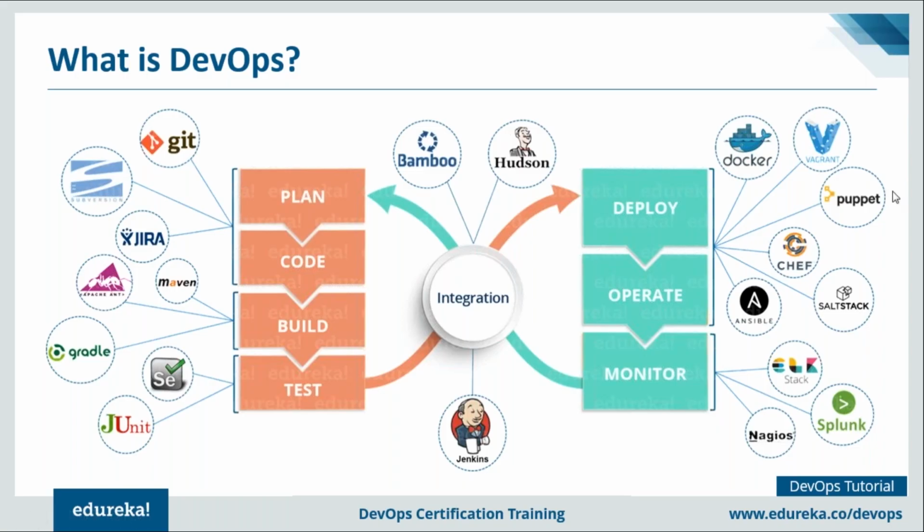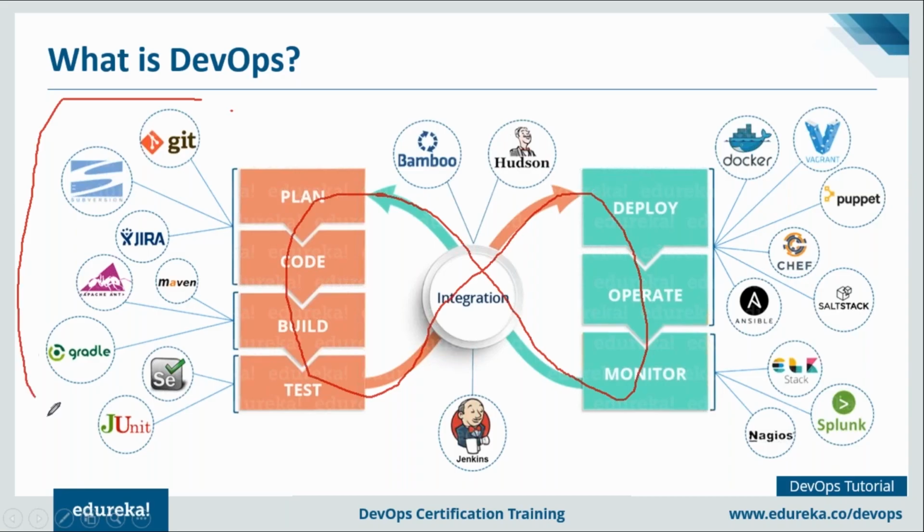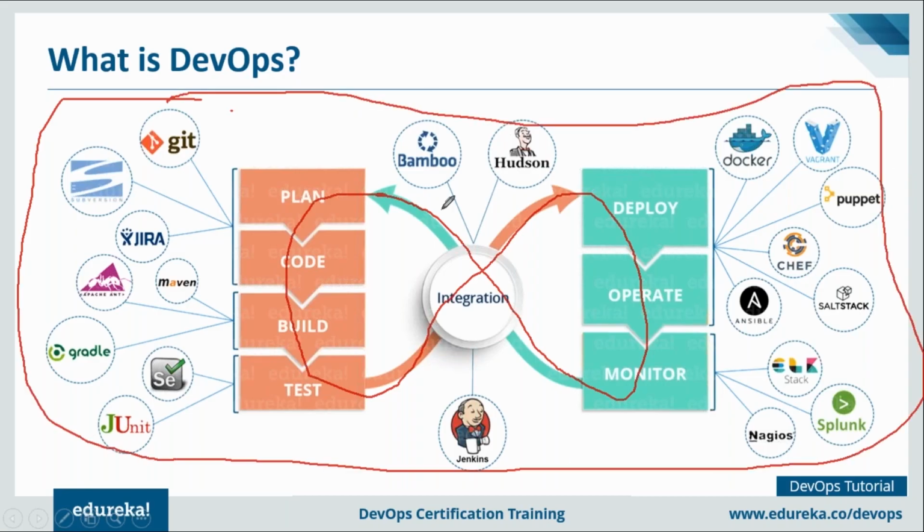So here is a diagram which is nothing but an infinite loop, because everything happens continuously in DevOps, guys. Everything starting from coding, testing, deployment, monitoring, everything is happening continuously. And these are the various tools which are involved in the DevOps methodology, right? So not only is knowledge of these tools important for a DevOps engineer, but also how to use these tools. How can I architect my software delivery lifecycle such that I get the maximum output, right?